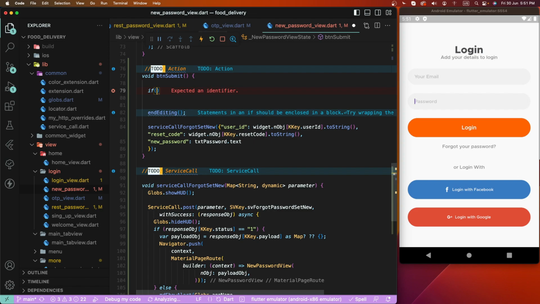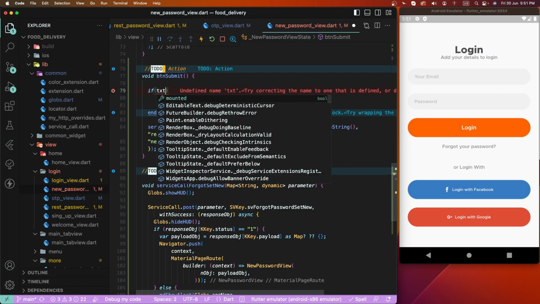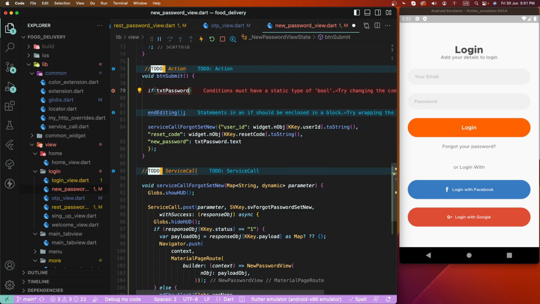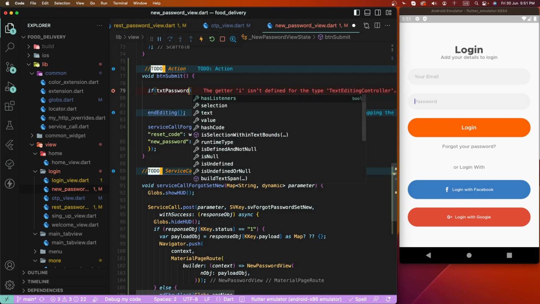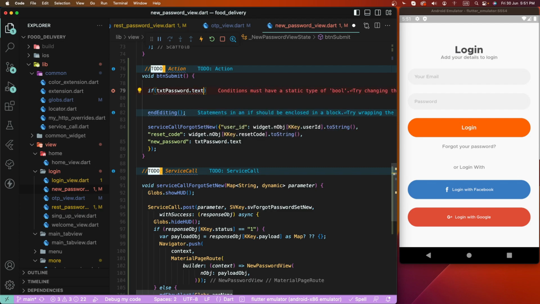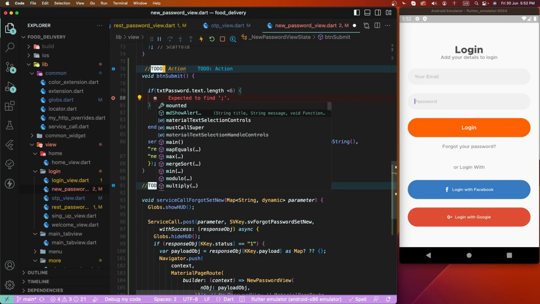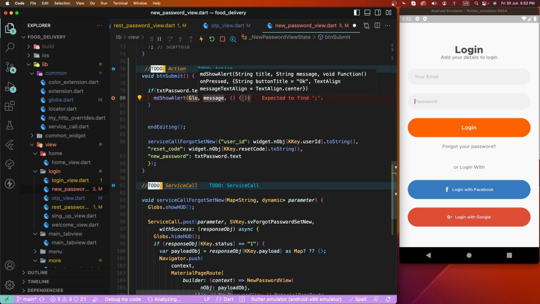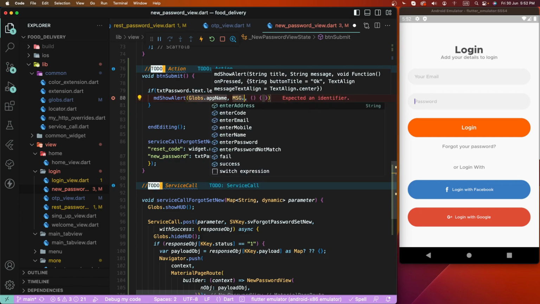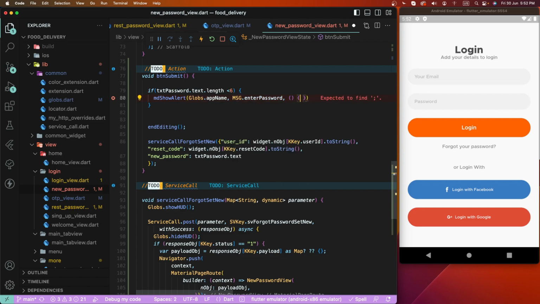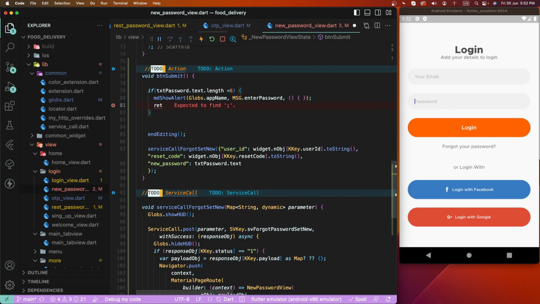Check txt password dot length less than 6, and we need to fire here the toast, app names, and set here image, enter password, semicolon, and return. Need to copy this,